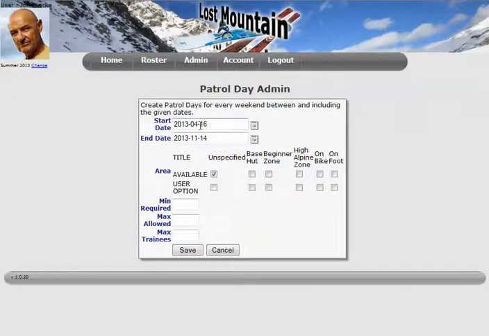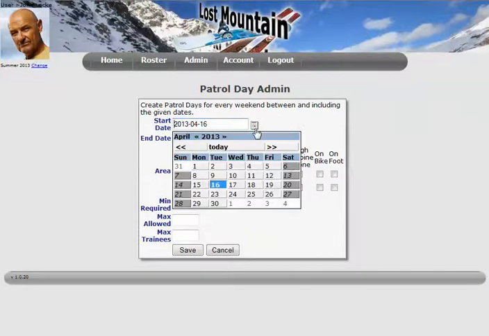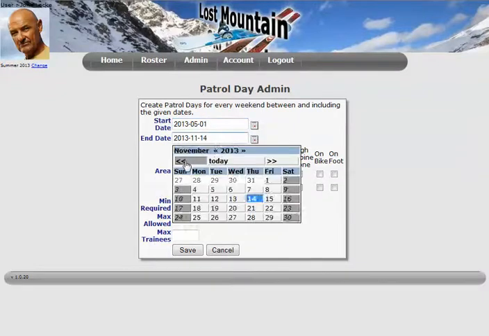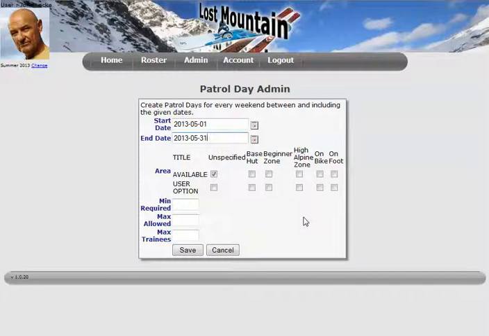In here, it's going to default us to the start and end dates of the season. Now, you're not stuck with these, but you can easily change them. Let's do May. There. Now the system is going to create days on the weekends for each of those weekends that are between